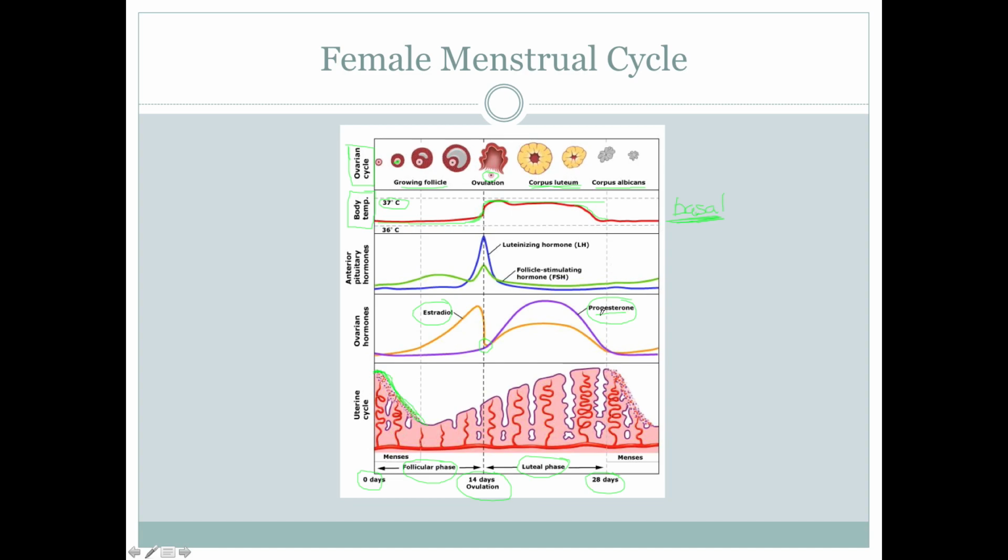So the corpus luteum makes progesterone and the egg cells make estradiol. Progesterone is important because that's your shutoff. That's your negative feedback. As long as there's progesterone around, then there's not going to be another menstrual cycle that started. So I'll get to this in a little bit, but progesterone is really important. So you'll see that progesterone goes up throughout this luteal phase, and then it drops when it's time for menstruation.